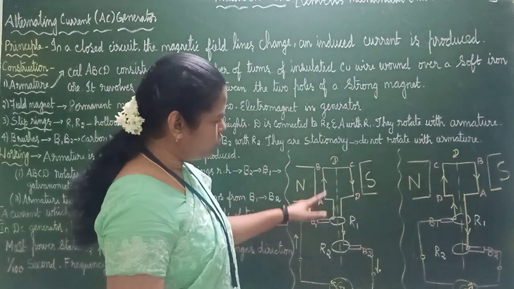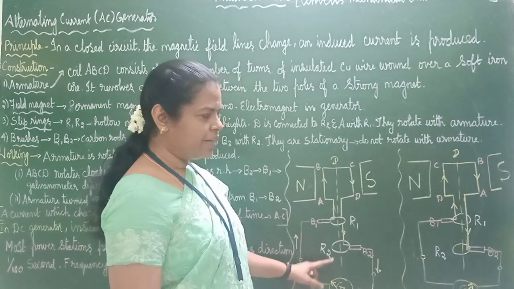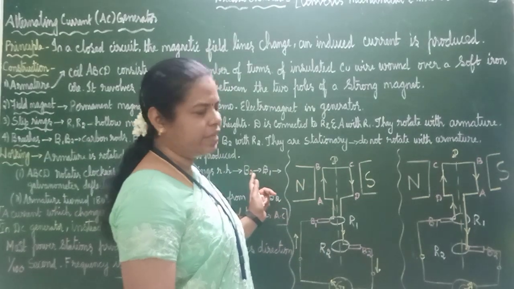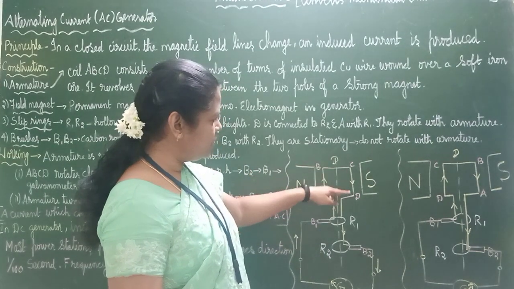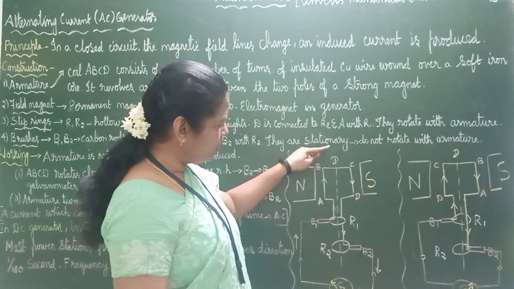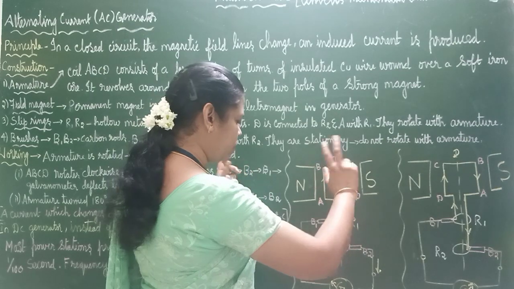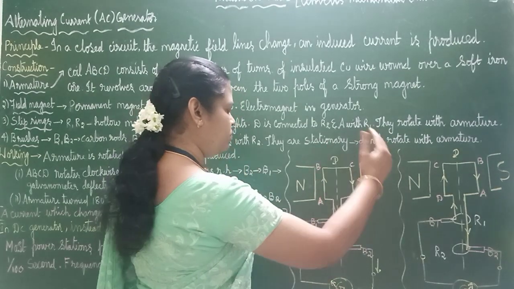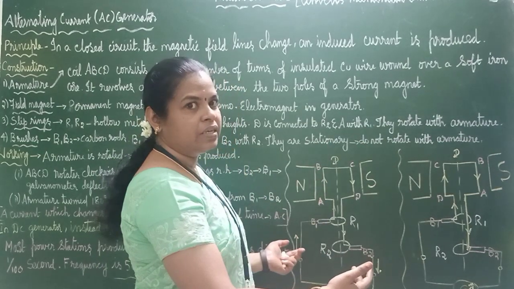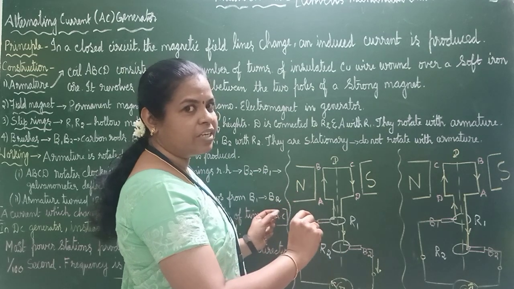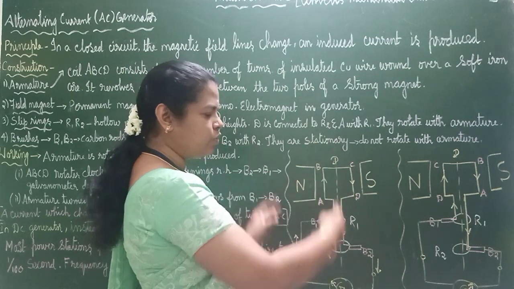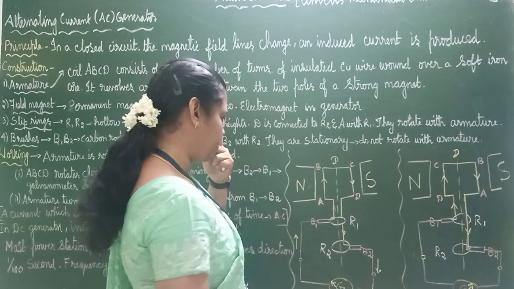And this diagram is also very important. Draw the diagram and then you should study the explanation. See, A, B, C, D, and this is running in the clockwise direction, north, south poles. It will be concave in the center. What is the reason for that? You find it out, okay? When it is straight, what happens? When it is concave, what happens?